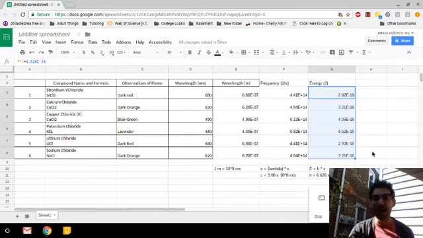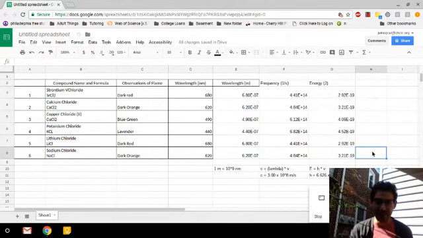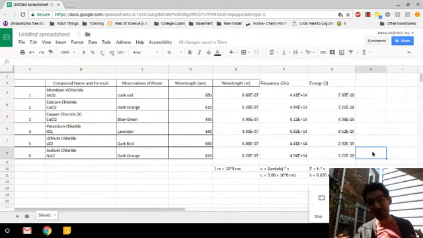Sweet. So I was a baller. Instead of spending a ton of time doing calculations on a calculator, I used Google Sheets to do my math real quick for me. You can also do this using Microsoft Excel, but